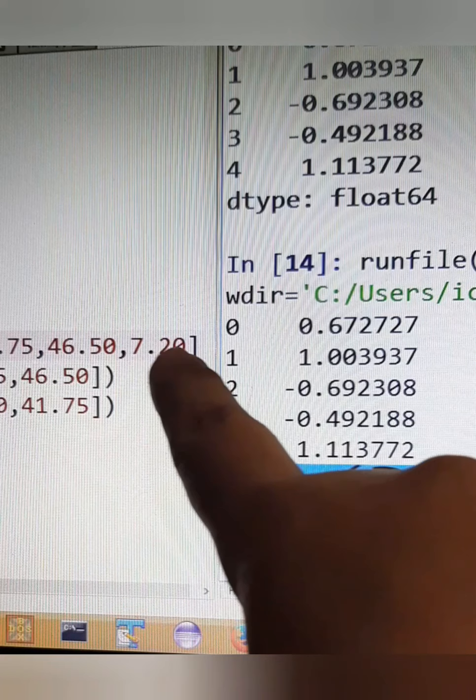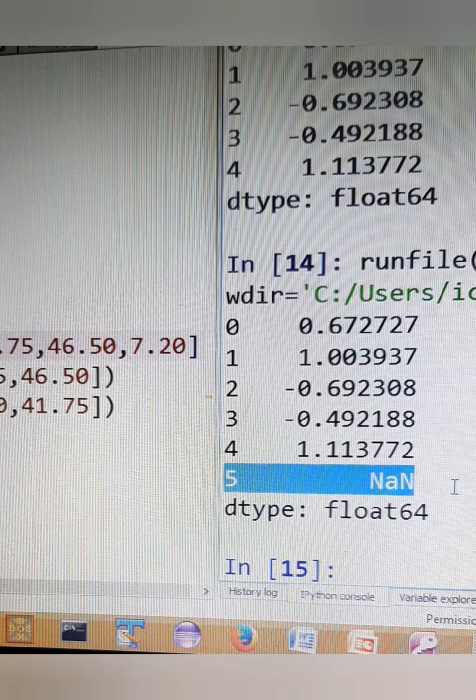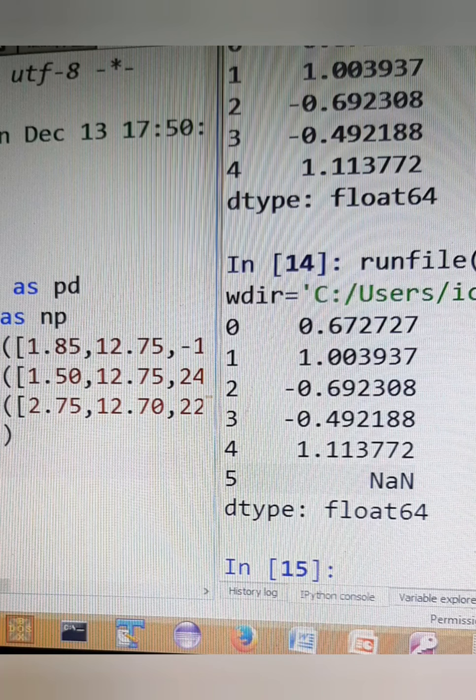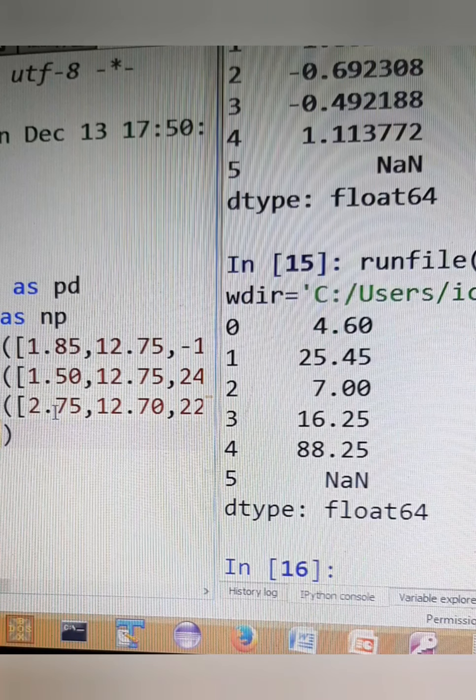OB3 has one element less than OB1. And now let's see how addition takes place. Again, the corresponding values will be added except for the 5th position, because it will be a NaN value. There is no corresponding value present in OB3. NaN means the missing values, the values which are not present.